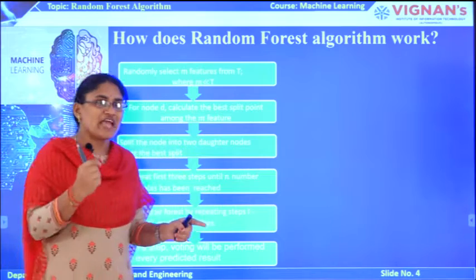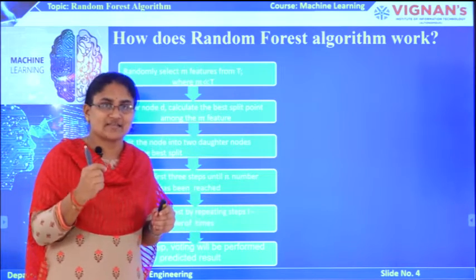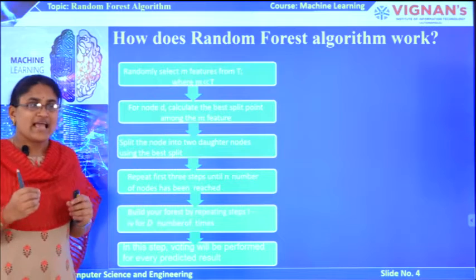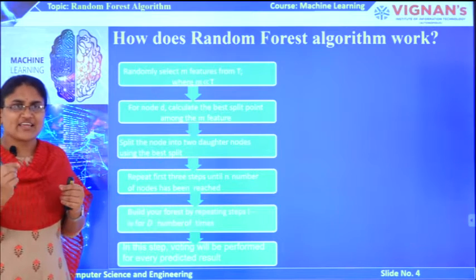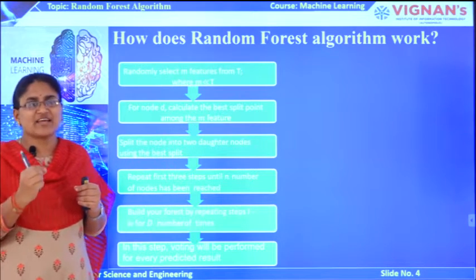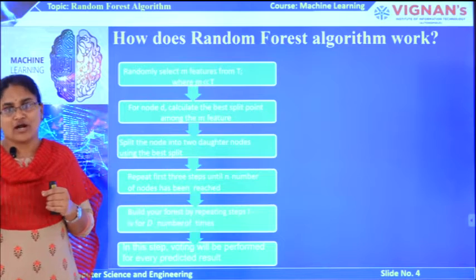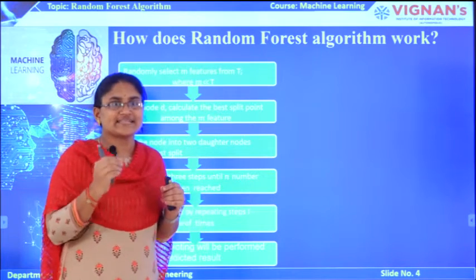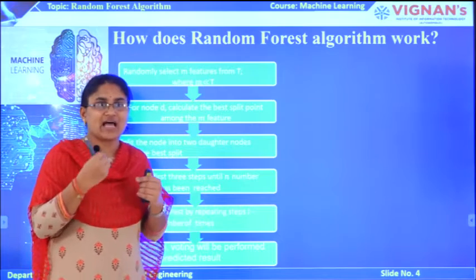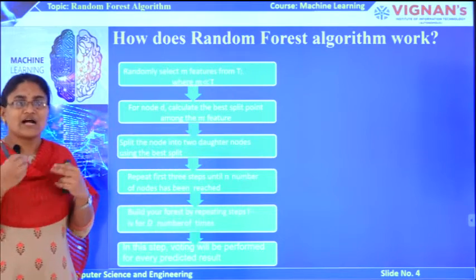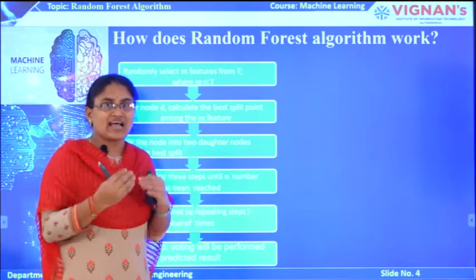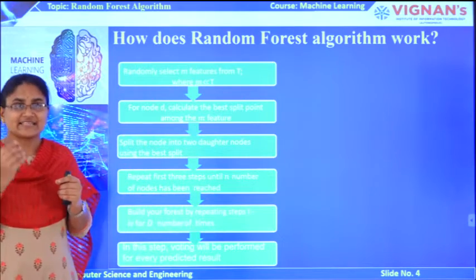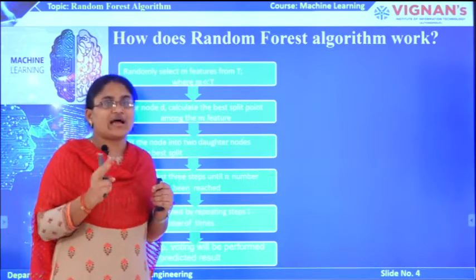In this step, we have to split that selected decision node into 2 daughters, or 2 children. Why? Because as we know, for a given root node, we can select as many nodes as we want. But here we have to split only into 2 nodes. Why? Because this is a classification problem. Here we get answers like yes or no, true or false, this one or that one. That's why we split the selected decision node into only 2 daughters.